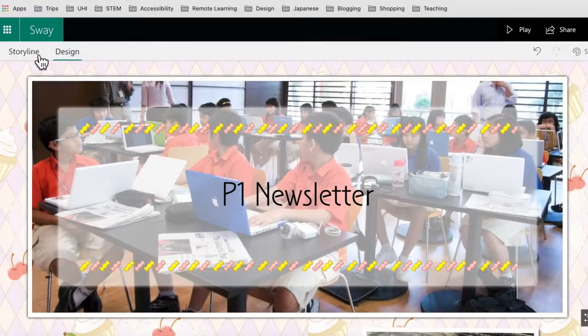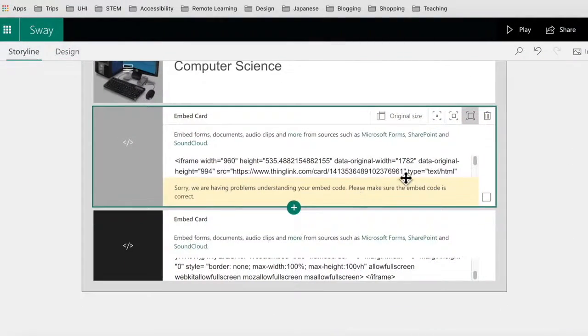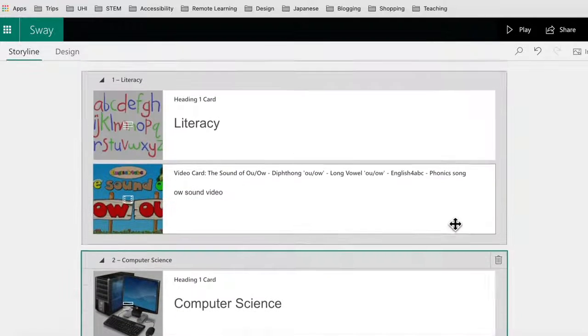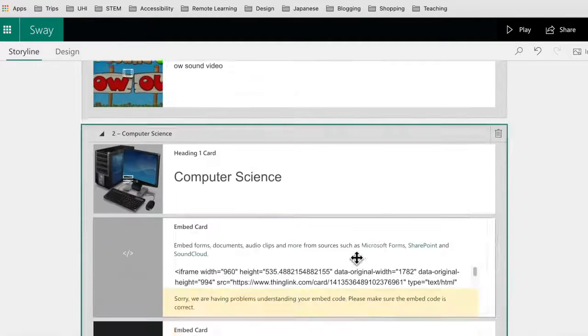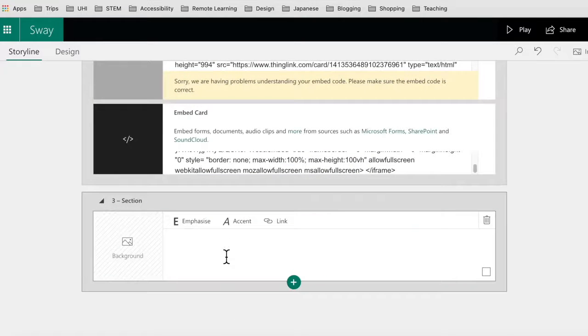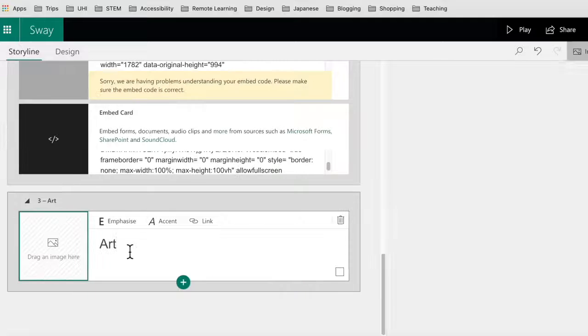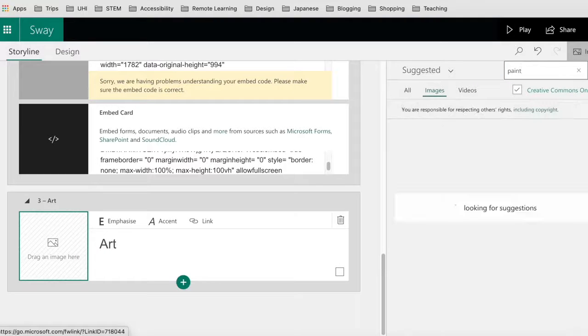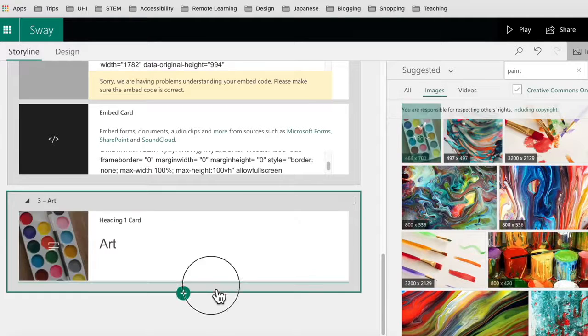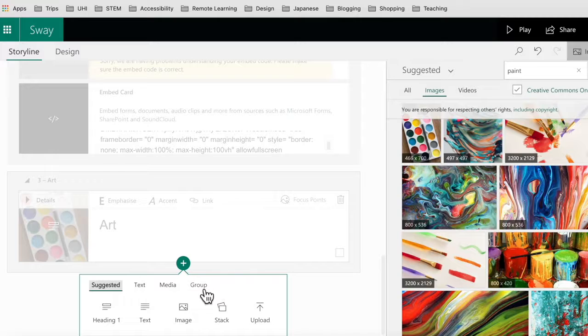And then one more thing I wanted to show you was the great way you can set out images within a Sway, rather than just having a single image like we did further up here with the newspaper. Sway gives you some really nice options for displaying images. So let's just say, let's make a new heading and let's call it art. So if I choose maybe some paint here, choose that image, add it in. So if I now click add and click on group,